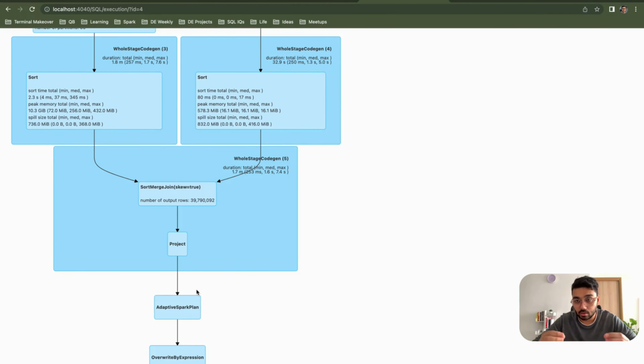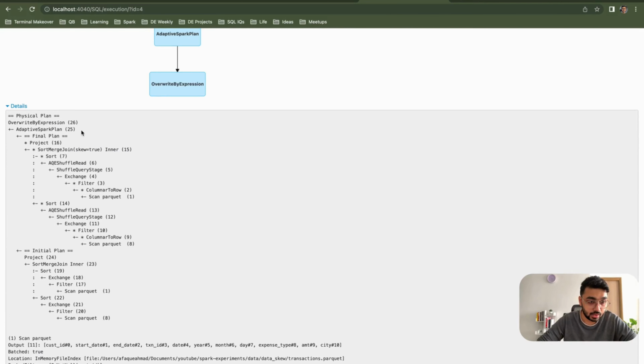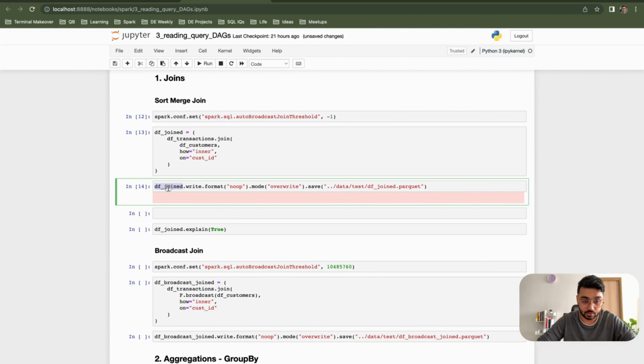Now, as you've seen in my previous video, you would know that when we do an explain, it always writes something like adaptive Spark plan is final equals false, right? So as you also see over here, adaptive Spark plan, if we do an explain, it would always show it to be false, right? Let me do it over here. So if we do an explain,